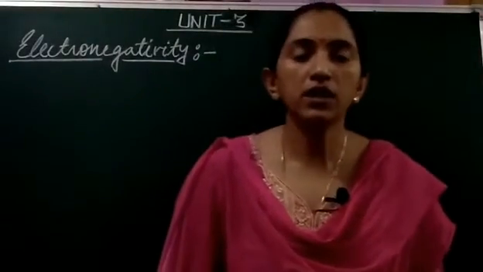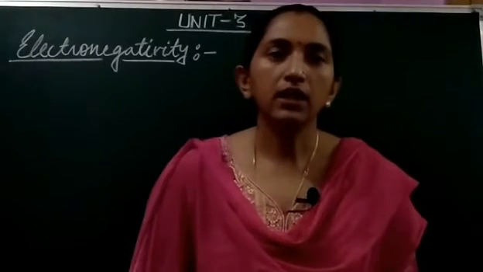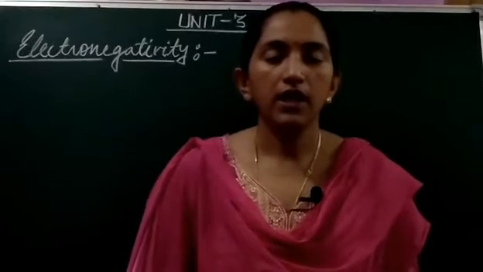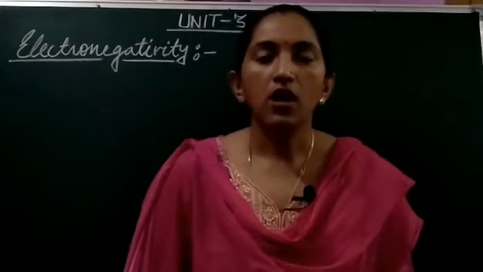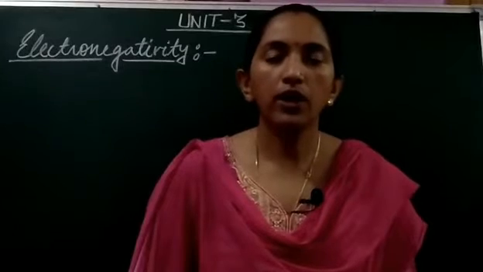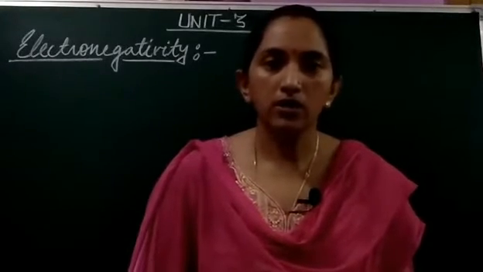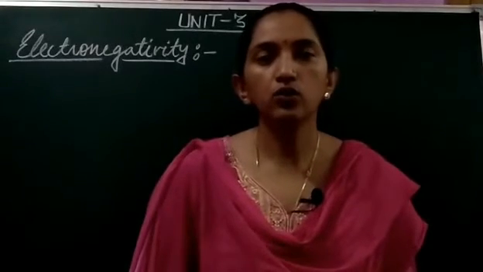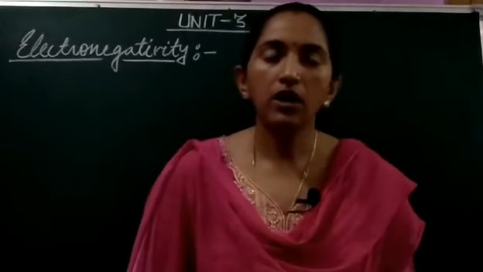Today we are going to study the next atomic property, that is electronegativity. Now, students, what is electronegativity? It is the tendency of an atom, of an element, to pull the shared electron pair toward it in a covalent bond. Now, students, when a covalent bond is formed, it is formed between either two homoatomic elements or between